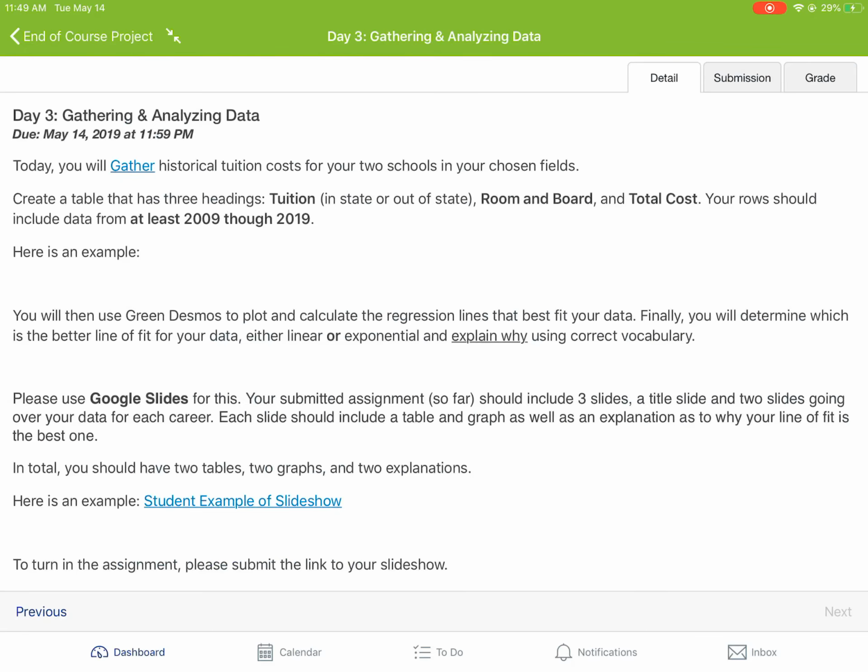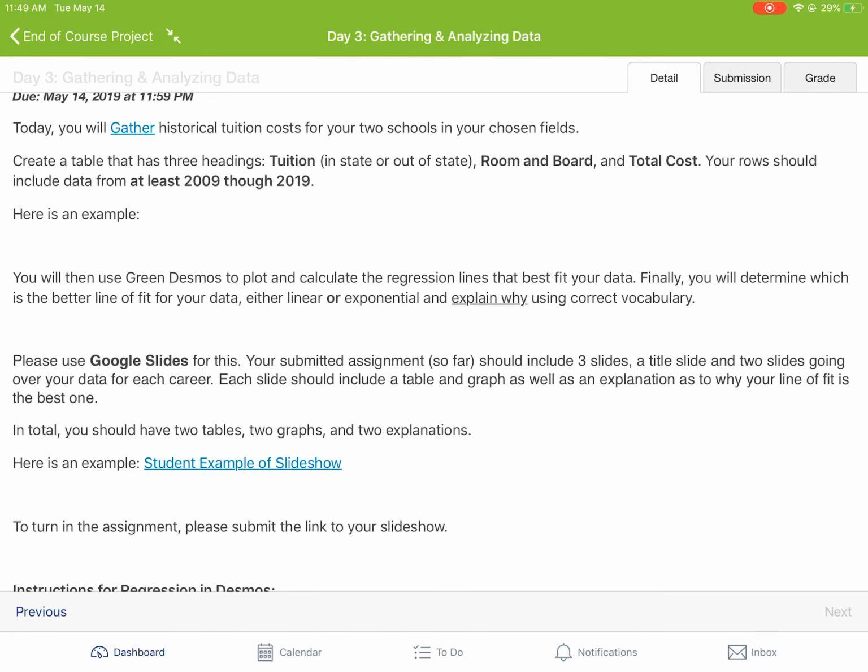So after you figure out all those costs, and I know it says here is an example, I don't have one yet because I have not uploaded it, but there will be one. After you do that, we're going to use the green Desmos. The reason we're using the green and not the blue test mode one is because the green one allows us to save things. So if you are not done by the end of class, you can at least save it, and so when you go home, you have it in